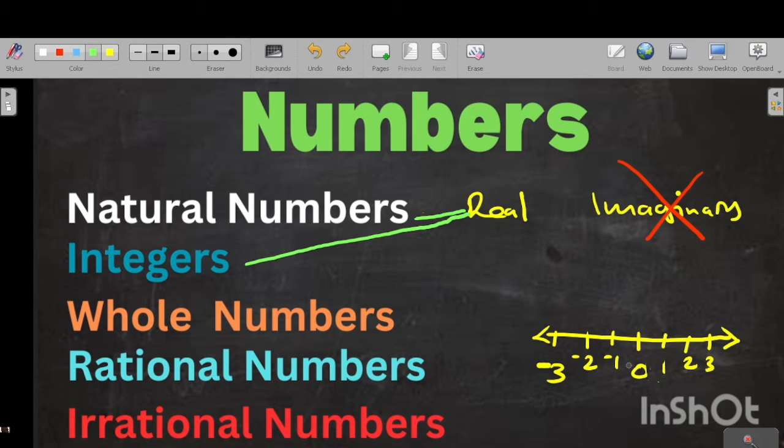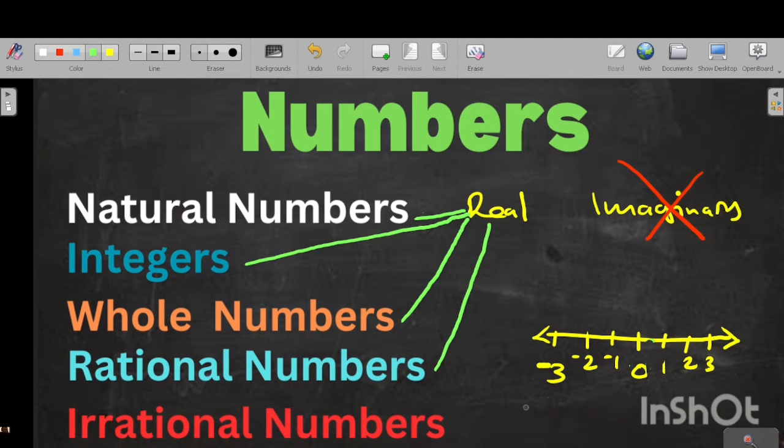The numbers on the right starting from 0, 1, 2, 3, 4, and so on up to infinite are called whole numbers. So whole numbers are also part of the real numbers. Numbers that are in fraction form, for example, 1/2, can also be plotted on the number line. 1/2 is the same as 0.5. So 0.5 is just in the middle here, just there. So even these numbers that are in fraction form, called rational numbers, are also part of the real number